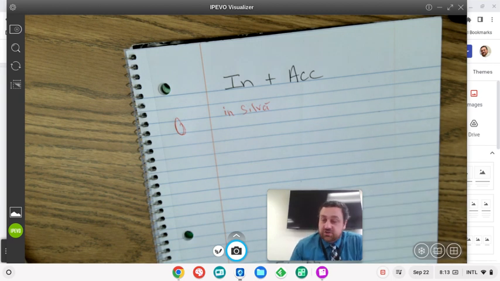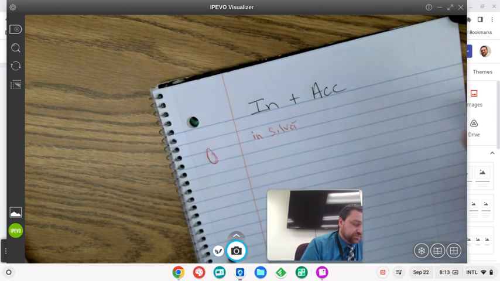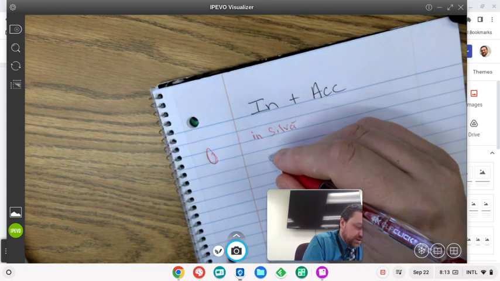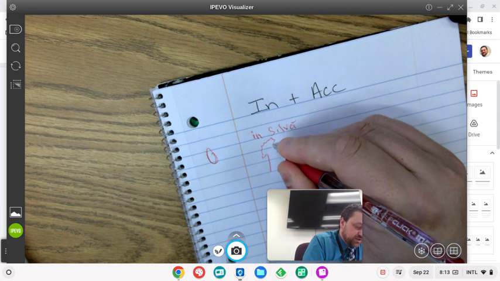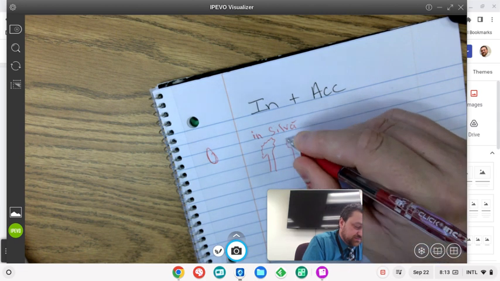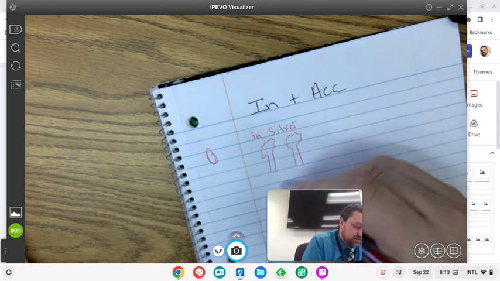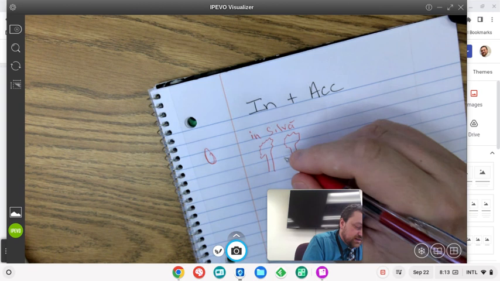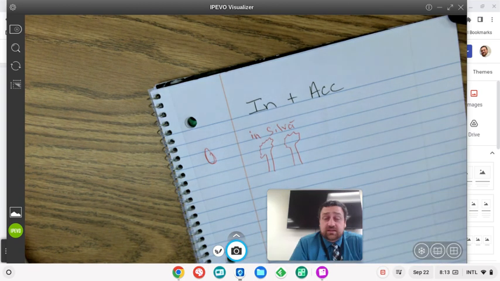And that's going to continue to be true most of the time, except there are some times where you're going to use the accusative with the word in. And here's the difference. If you've got a forest, I'm actually going to draw you a picture here. If you've got a forest and somebody is running in the forest,